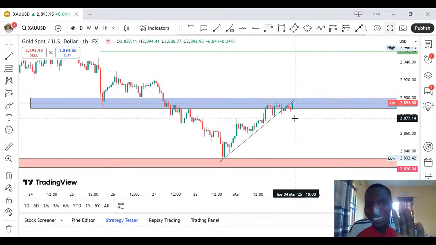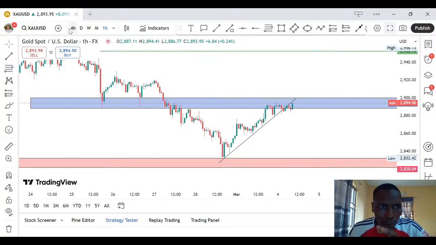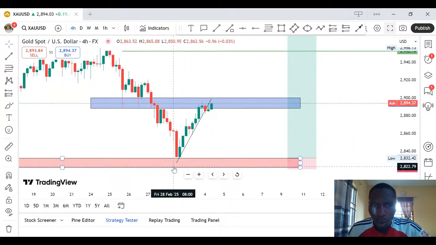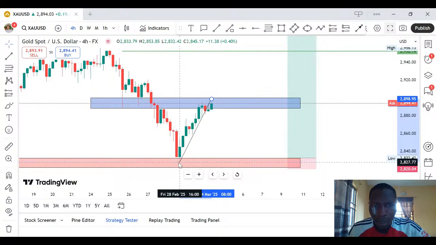So, this is a breakout on 1 hour, but where I'm looking for my breakout and retest is on 4 hour. I'm looking for it on 4 hour. So we have